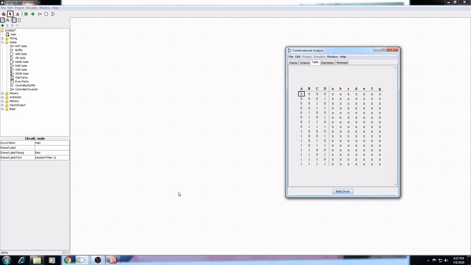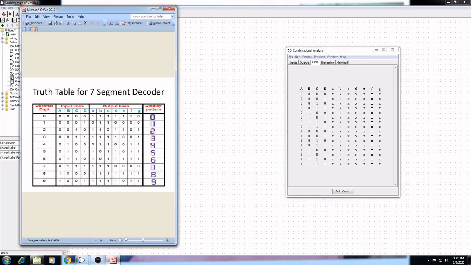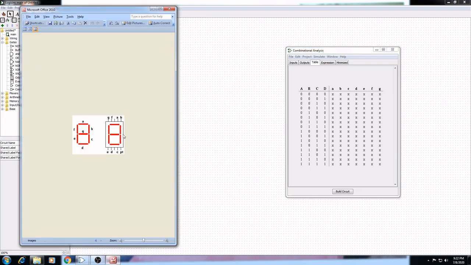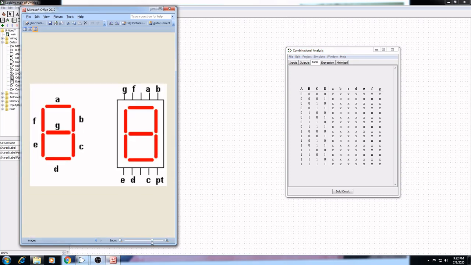Okay, so now what is the function of this 7 segment display? It will automatically set or reset the segment according to the input. All of you know, when we have all inputs as 0, there is nothing to set up. When it will be 1, we have this 7 segment display like this. These are nothing but outputs A, B, C, D, E, F and G,